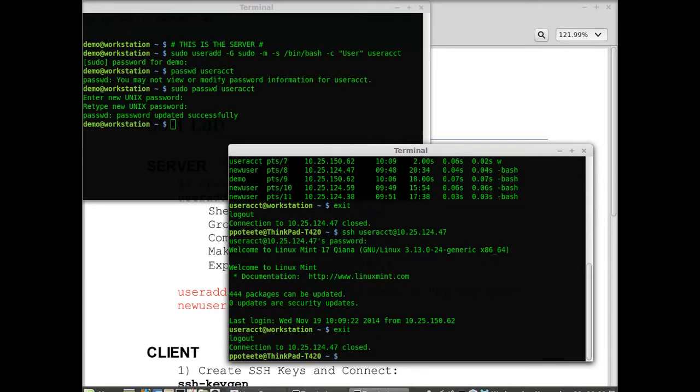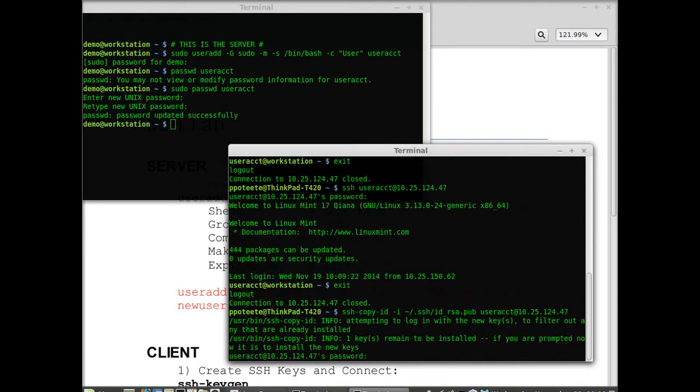I want to connect without a password, so I'm going to use ssh-copy-id, and I'll tell it what ID I want to copy. That's my RSA public ID there. So that's the public key. And I want to transfer that over to the other system under user account. So that's user ACCT, at 10.25.124.47 in this case. It's going to prompt me for my password, and I'm going to type my password,